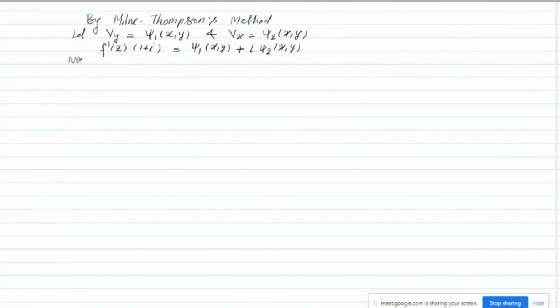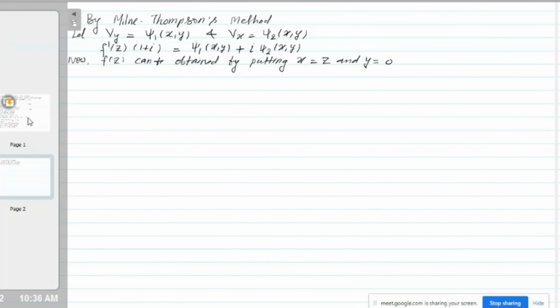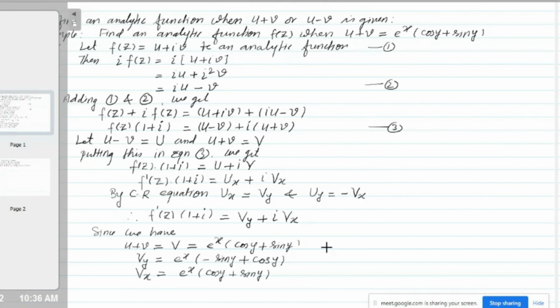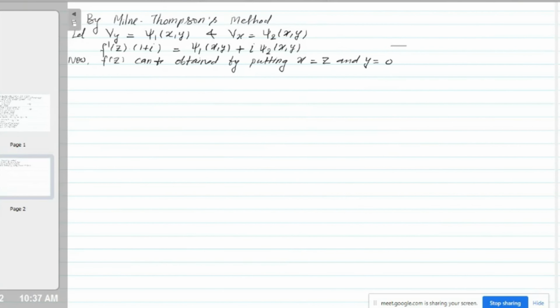Now f of z can be obtained by putting x equal to z and y equal to 0. This is equation number 3. Now we name this equation number 4. In equation number 4, okay, we get